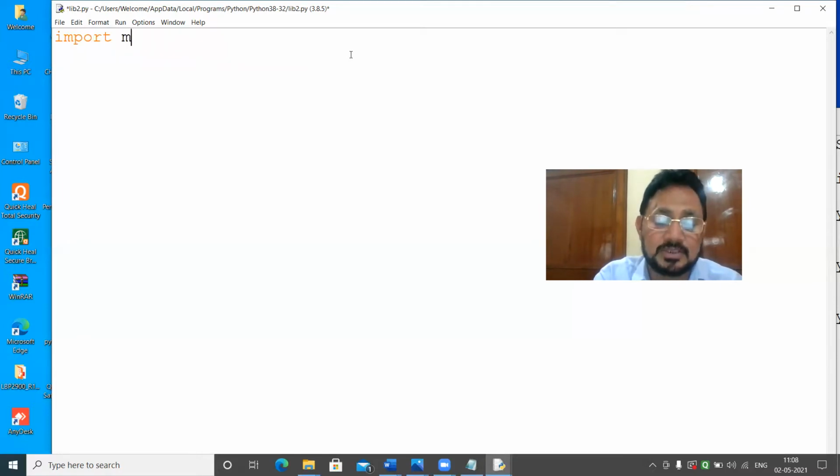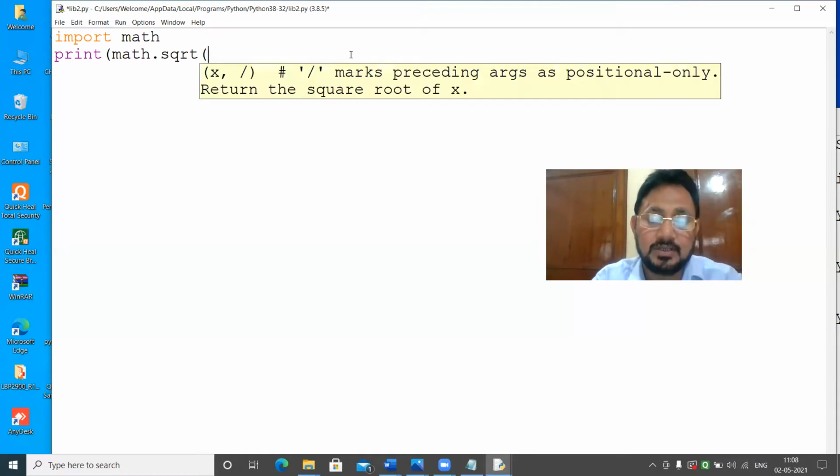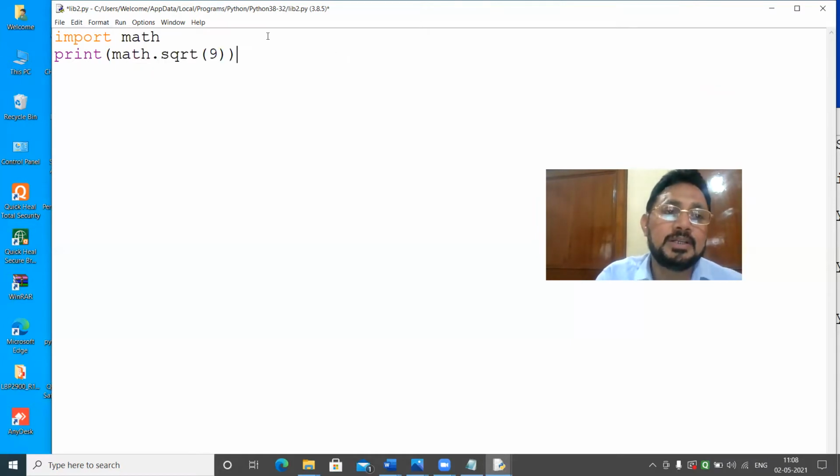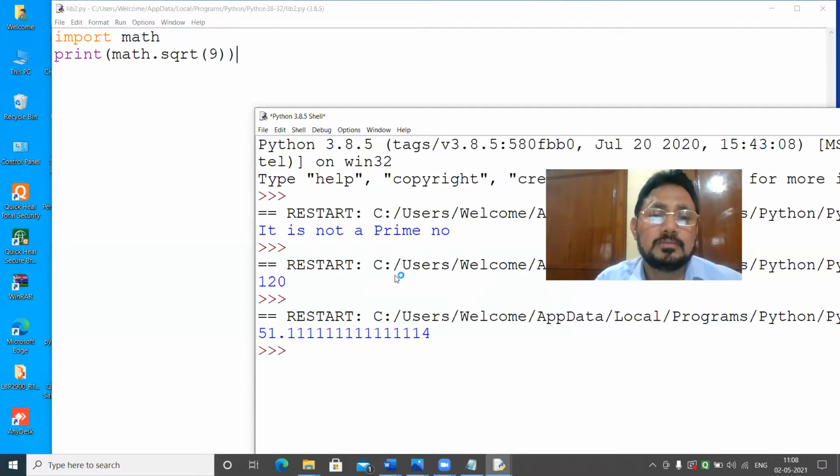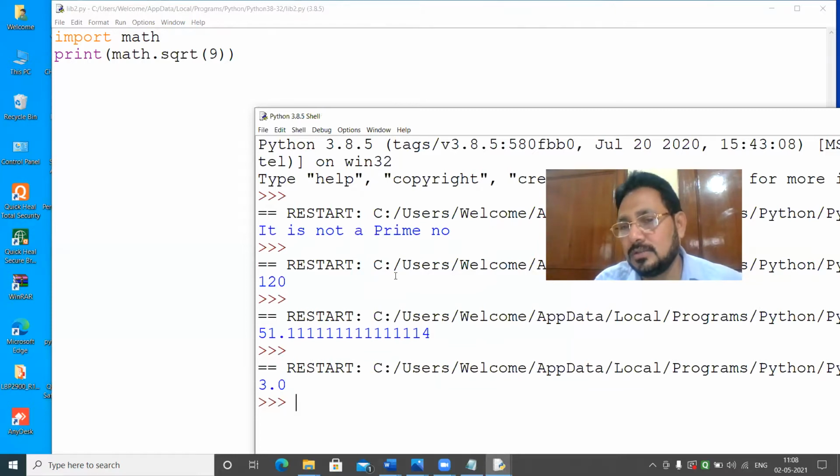I have to just write import math, and then I will write print math.sqrt of 9, and I will get the result. Got it? So I am not going to the math folder and then to sqrt and then to something. No, we are not going in there because it's learned. It is given in the book.